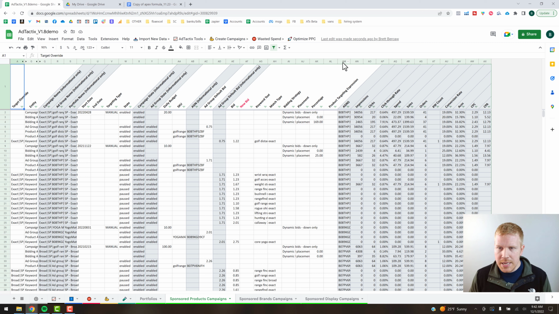A couple other key columns that get added in that kind of prep script that we just ran: you've got an ASIN column here that allows you to sort and filter by this one column for any rows associated with those ASINs, so that can be helpful. There's also a keyword count column, a custom column that shows you the number of active keywords or targets that are in each campaign,